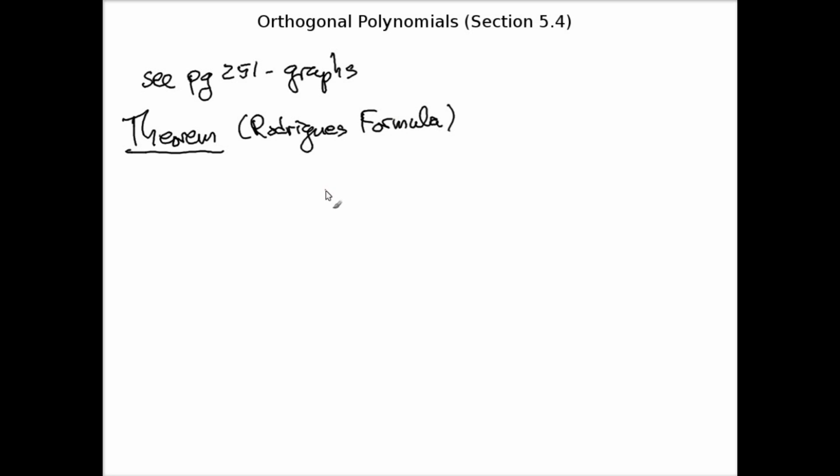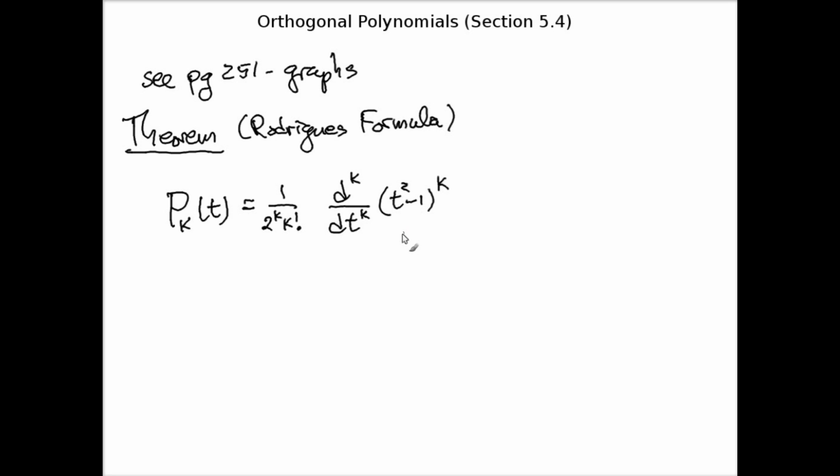It turns out that the kth Legendre polynomial can be realized as the kth derivative of this function t squared minus 1 to the k. And, well, that's actually up to a constant, and the constant is 2 to the k times k factorial. But don't worry about the constant. The main point is,